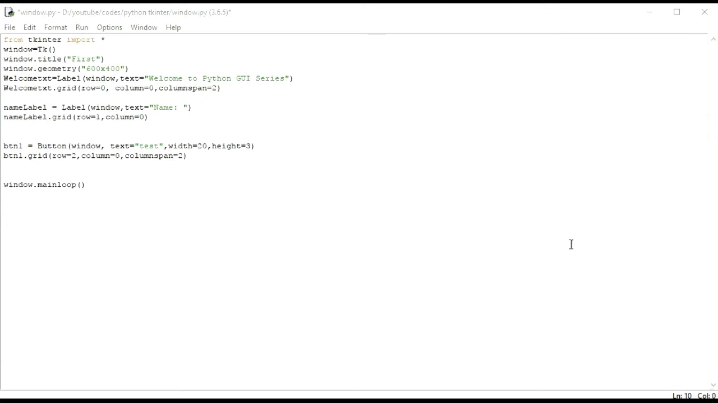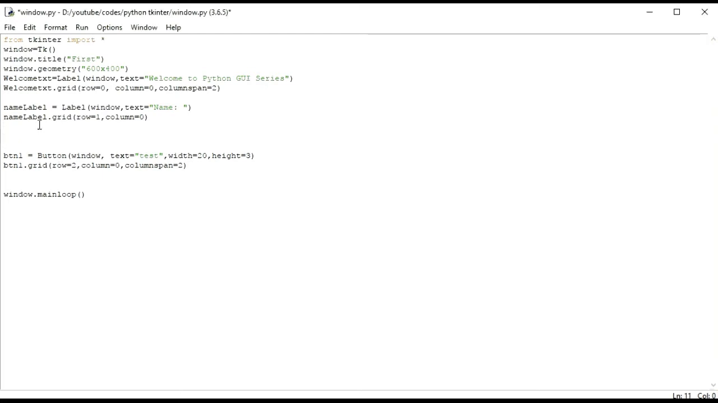We have previously made this label and button. Now I want to make a complete form in this series. If we have not finished this form in this series, we will try to finish it in the next series. Let's make an entry box, name entry